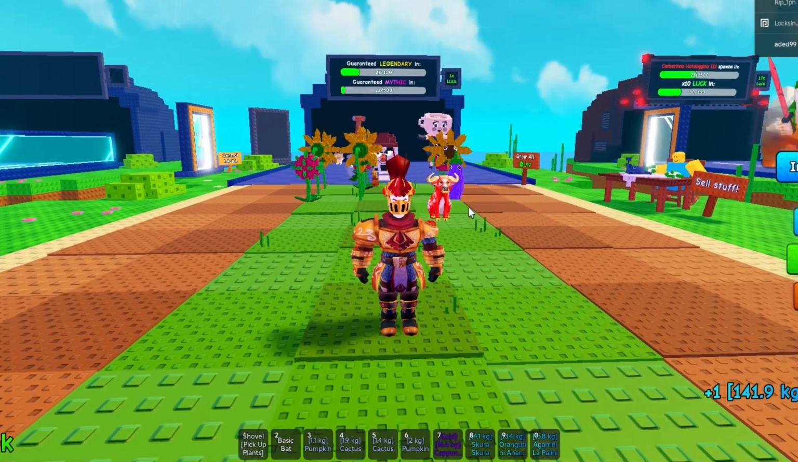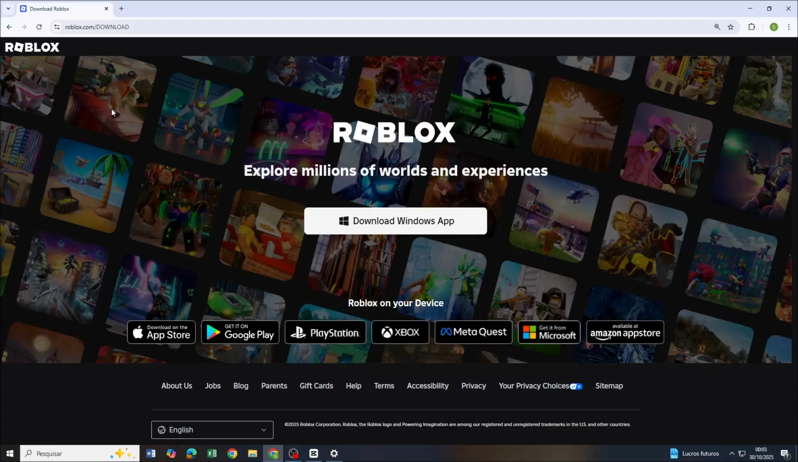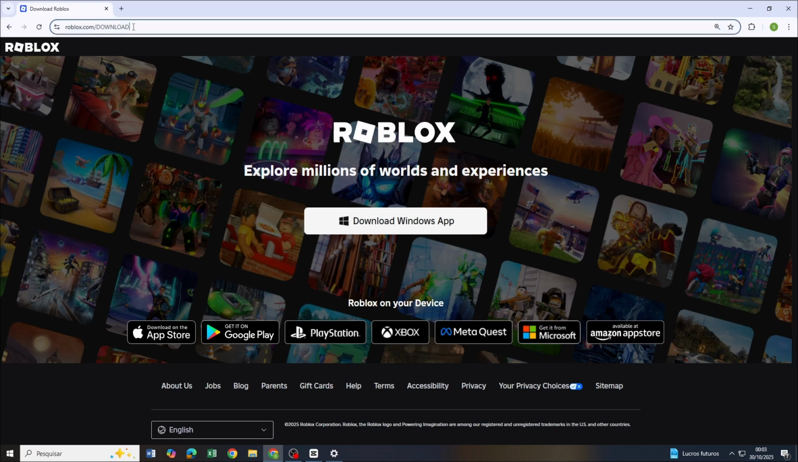Today you're going to learn 3 ways to download Roblox on your computer. The first way to download Roblox on your computer is to go to the website